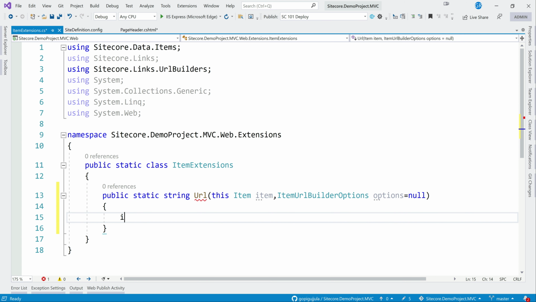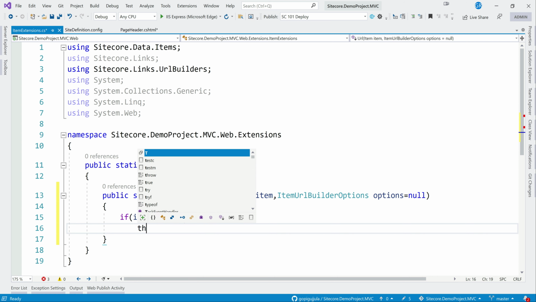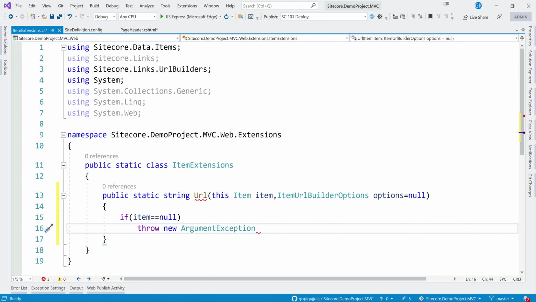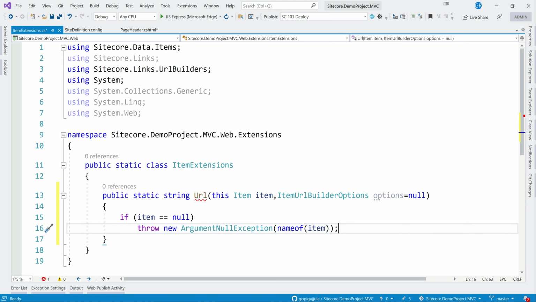Quickly, first we want to check whether the item is not equal to null, otherwise throw a new ArgumentNullException with the name of the item. At this stage, the item is not null for us. Now let's check if options is available, if something is sent through options.